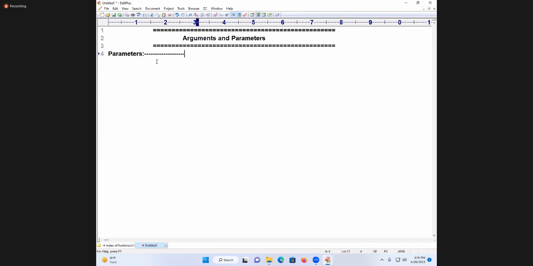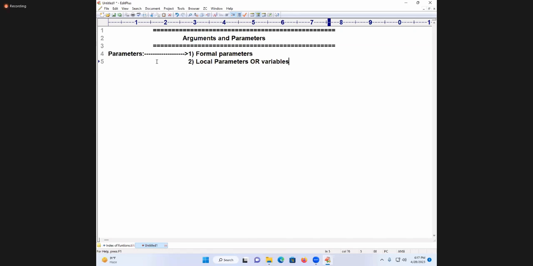Good. One is formal parameters, already discussed. One more is local variables. What is the use of formal parameters? Where do you use them? Formal parameters are used to store the inputs coming from the function call.